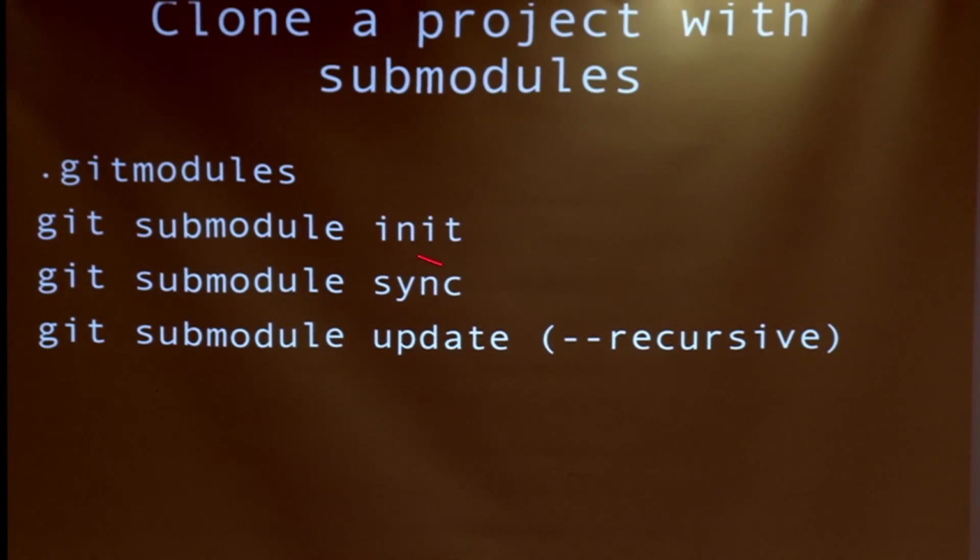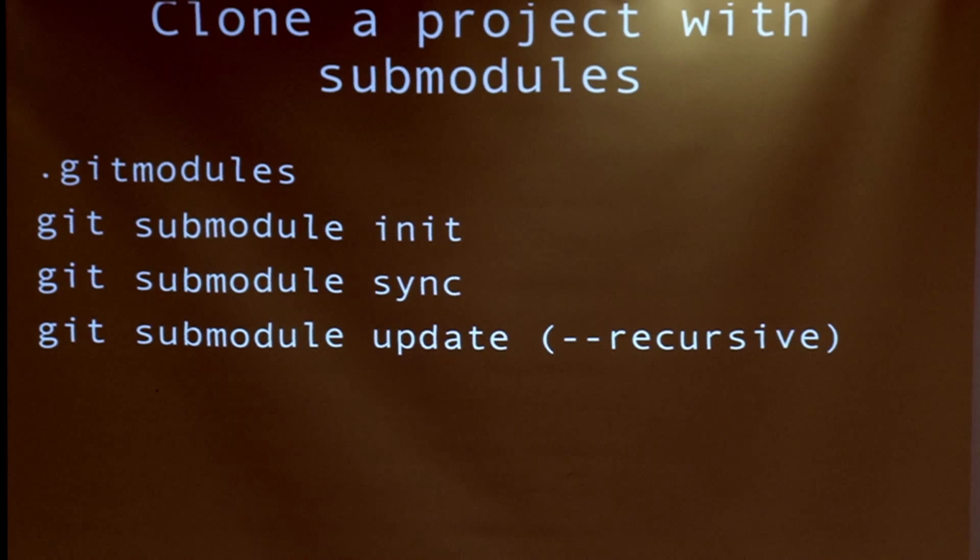So how do you check out a project with submodules? I use this a lot, and these are my 3 favorite commands, just because they initialize submodules. Git submodule init, git submodule sync, because you can have different versions of the submodules in the different branches that you have, so when you switch branches, that's also very useful.